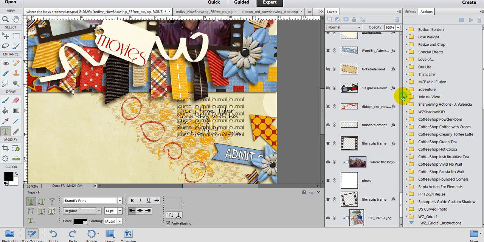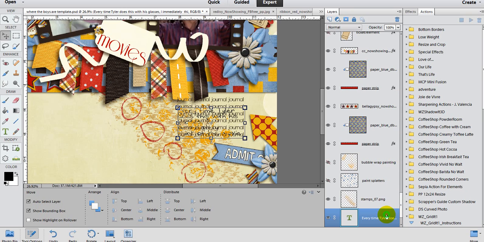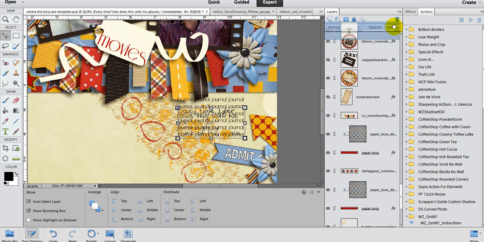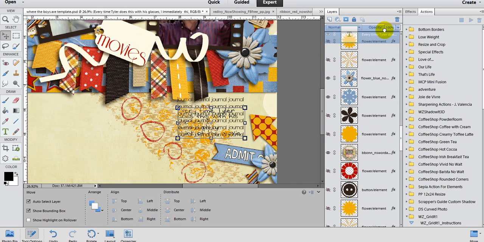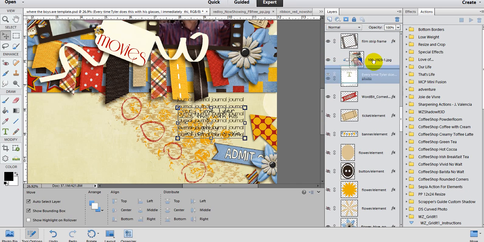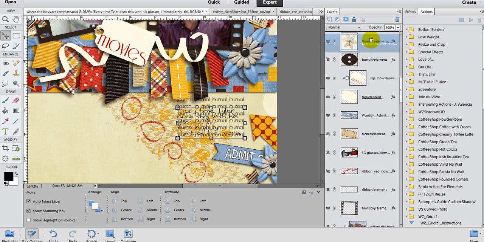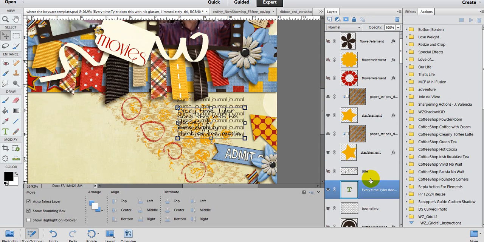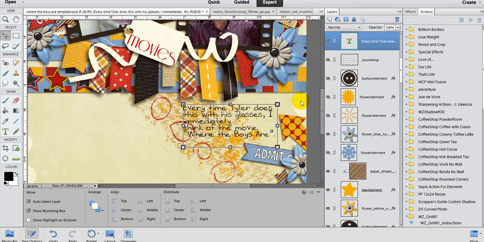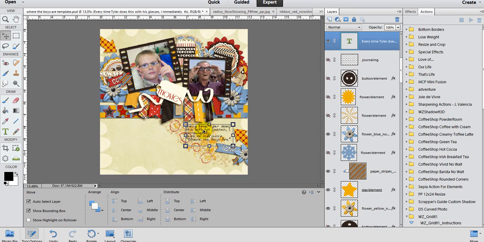The next thing I'm going to do is, first of all, I'm going to move this up to where the other journaling is, right here. Okay, I've gotten the journaling resized, but what I'm going to do, you'll notice that in the whole scheme of